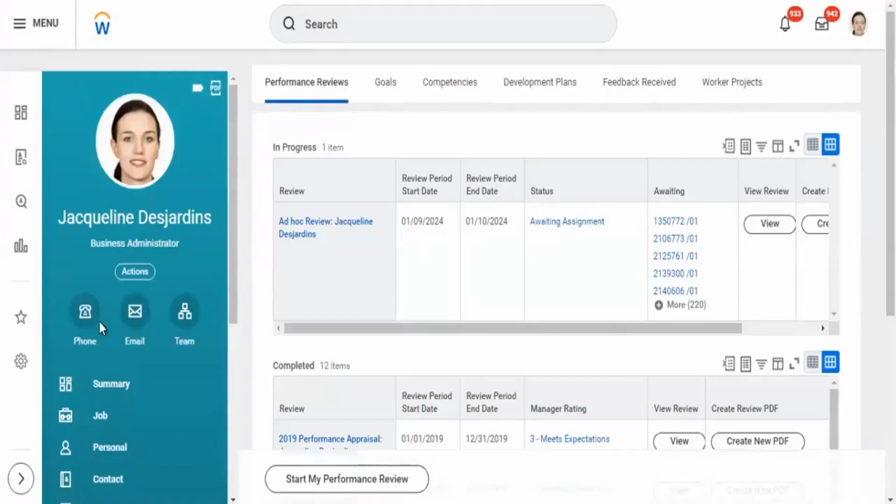That person will be an extended enterprise learner who will just have access to take courses and complete the courses. Other than that, they cannot do anything in the system. They can only take learning.